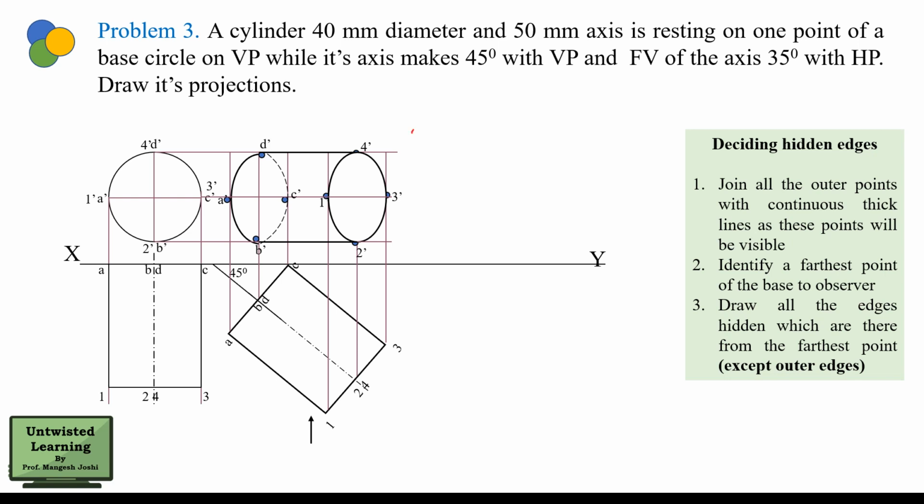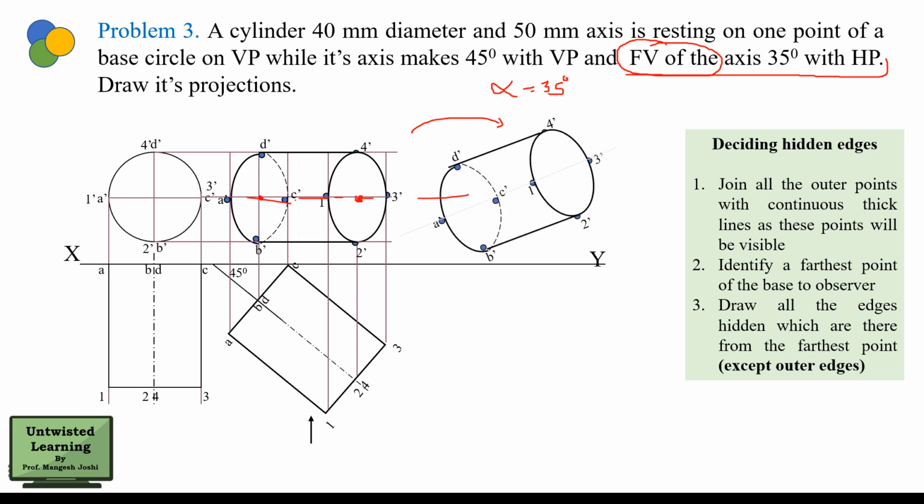Okay, now you have to redraw this diagram. Now carefully read the problem. What is given? The inclination of the front view of the axis with HP is 35 degrees. The inclination of the front view of the axis with VP is 35 degrees. So the front view is mentioned, so it gives you alpha directly. So alpha is 35. There is no need to find out alpha.